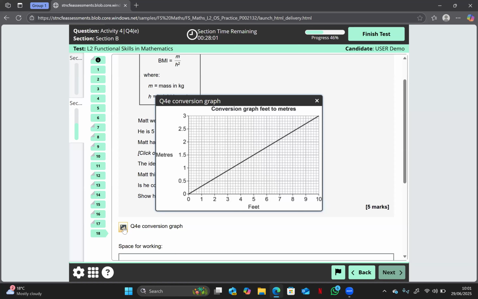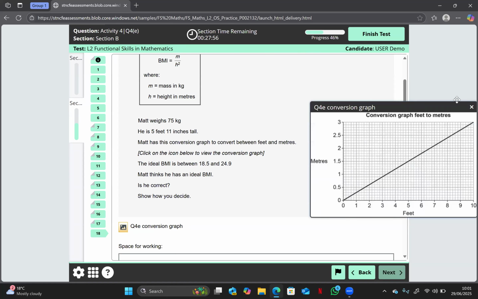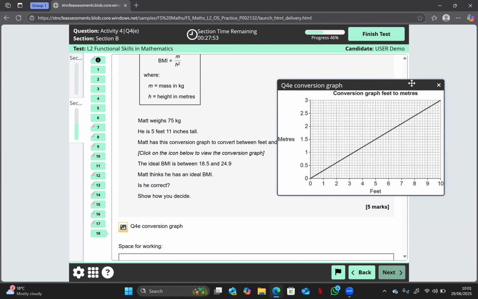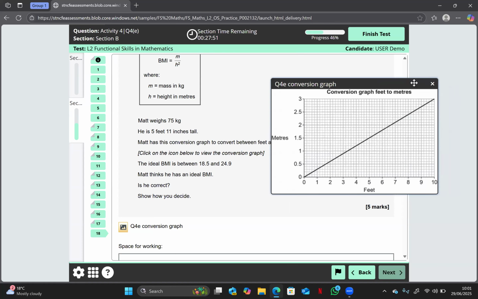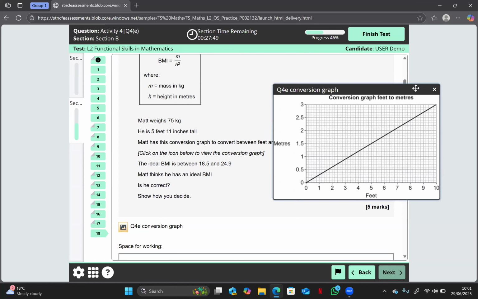So if we look at the conversion graph, 5 foot 11 inches tall. So how many squares are there? One, two, three, four, five. There's 5 squares in between each foot. Now, we know that 11 is the highest, so all we would do here is